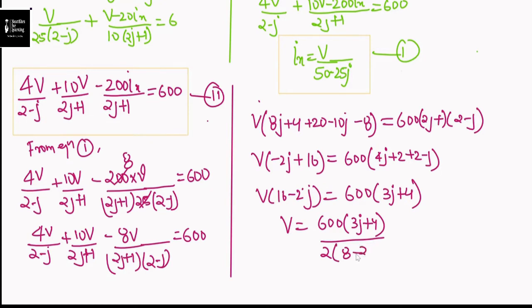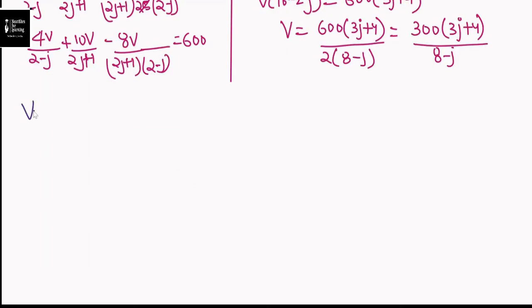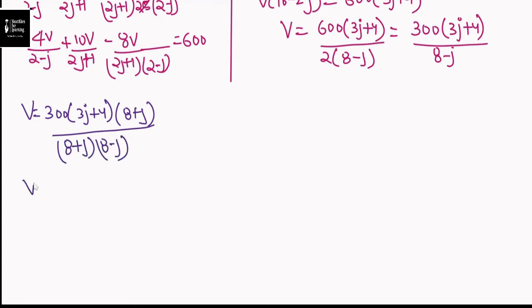We will get, so we can write, just in this step we will rationalize, basically multiply 8 plus j on both numerator and denominator. On solving this we can get